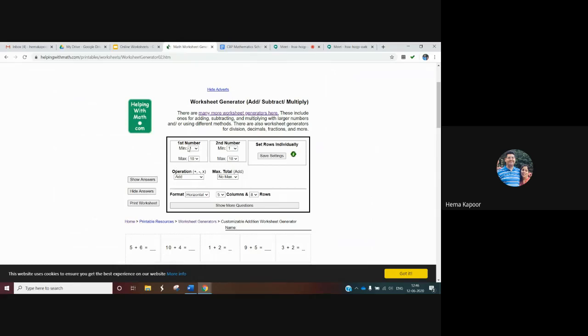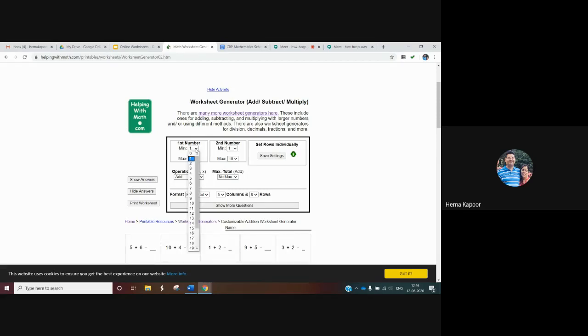If you want to customize your worksheet, you have to click some options here. For example, in addition, for the first number, I have to select the minimum value that I want to take. If I want the minimum value as 1, then I'll go for this as it is.